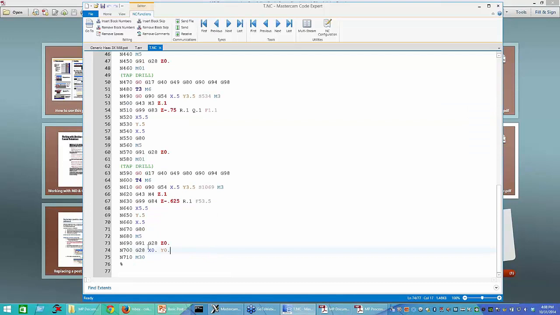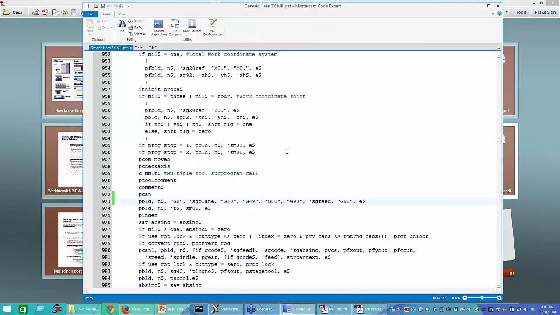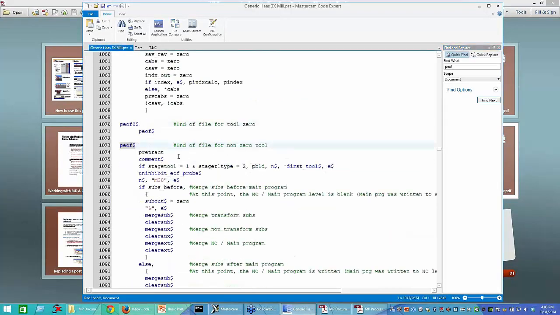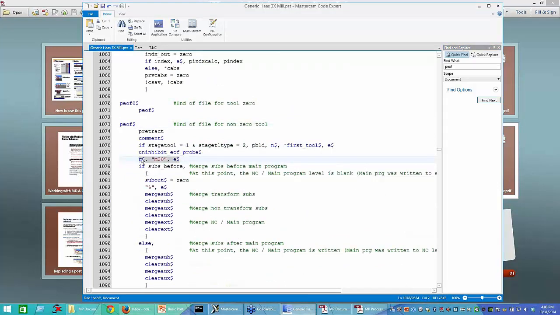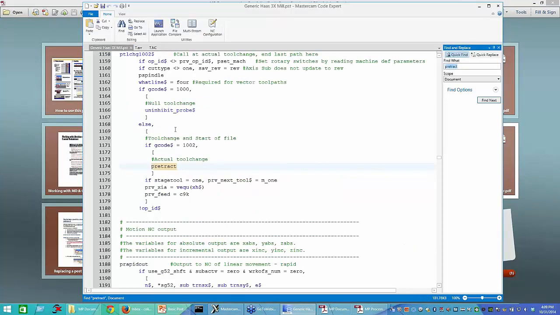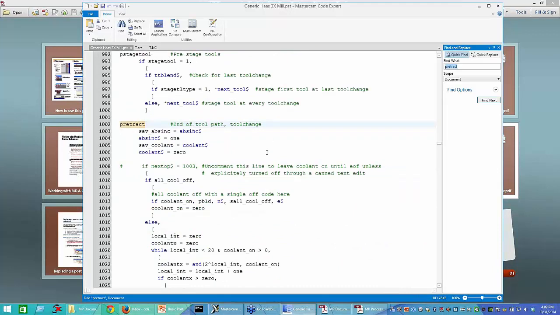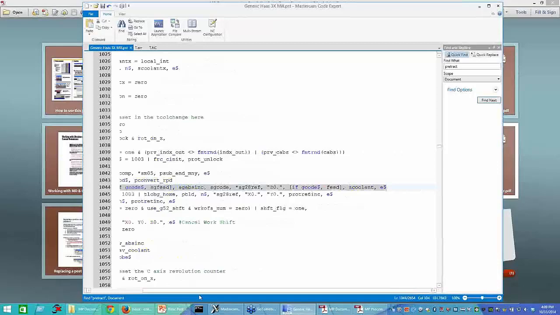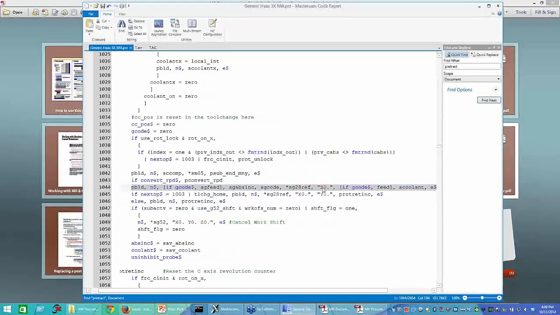So, yeah, the end of file, PEOF, is what controls that. If you search in your post for PEOF, that is where you'll notice this M30 comes out, and you'll see a call to P retract. P retract is the post block that controls basically the end of toolpath and tool change. What you can see is that the default behavior at the end of P retract is just to retract Z. Absolute, you're going to get either G0 or G1, G90, G91, and then we're going to force out G28, Z0,